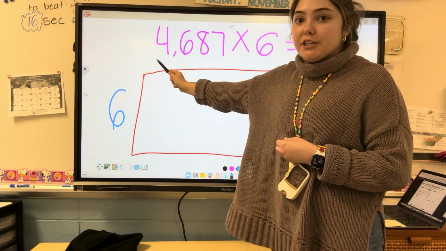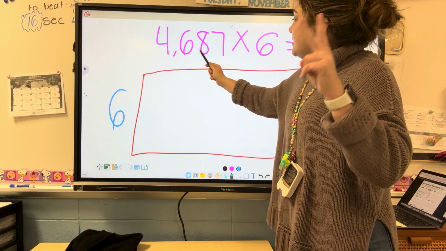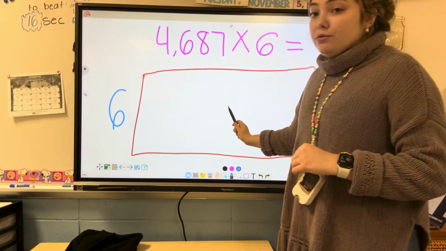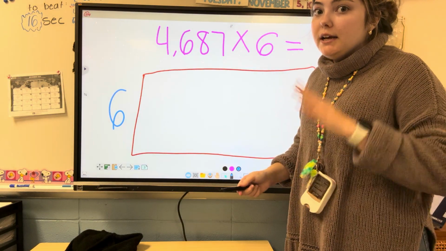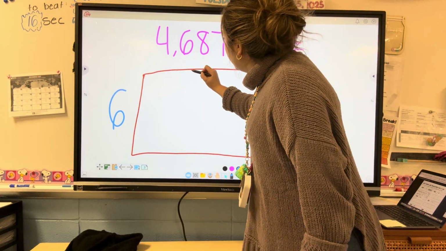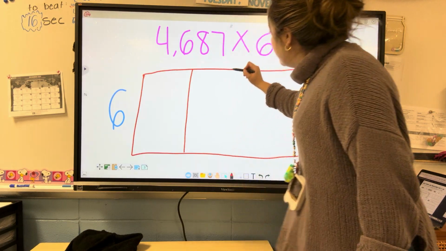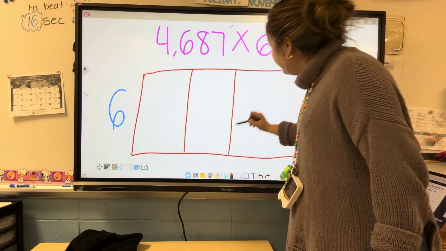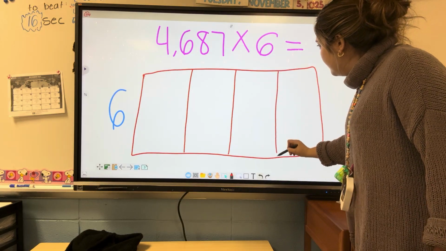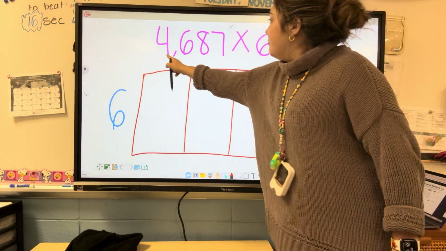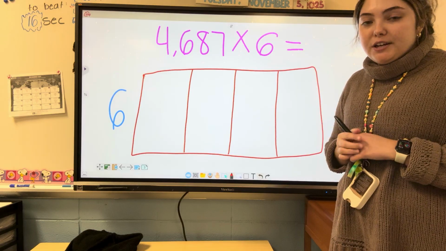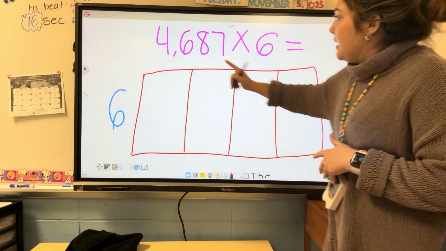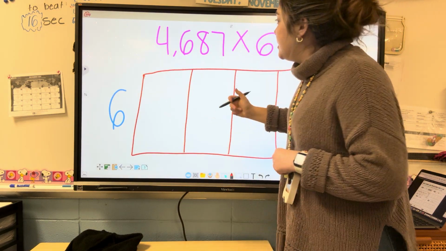I have 4 digits here. I have 4, 6, 8, 7. So this box needs to be split into 4 boxes. I have my 4 right here, 1 for each digit. I'm now going to break this apart by place value. My 4 is in the thousands place, so I put